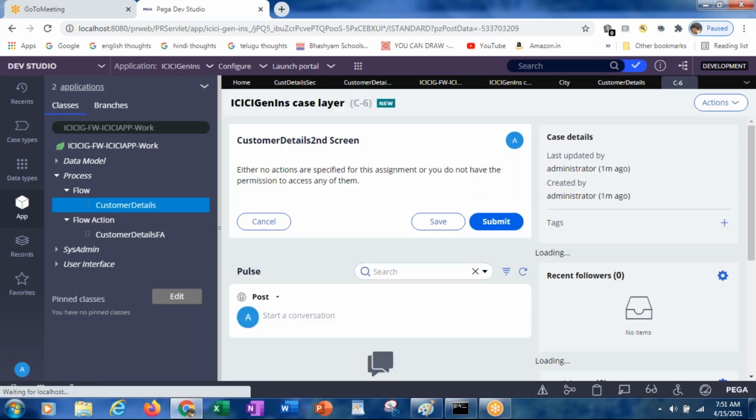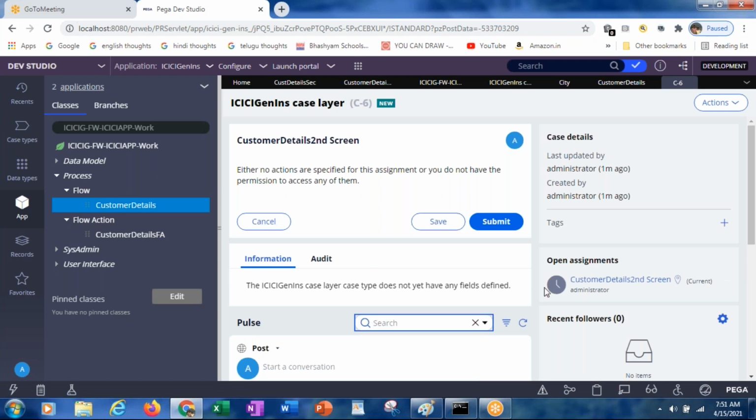Submit. Let's see. Either no actions are specified for this assignment, or you don't have the permission to access any of them.